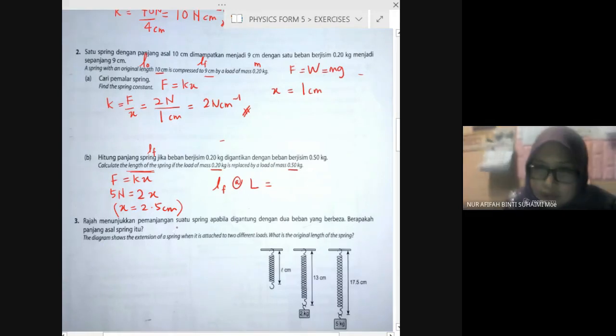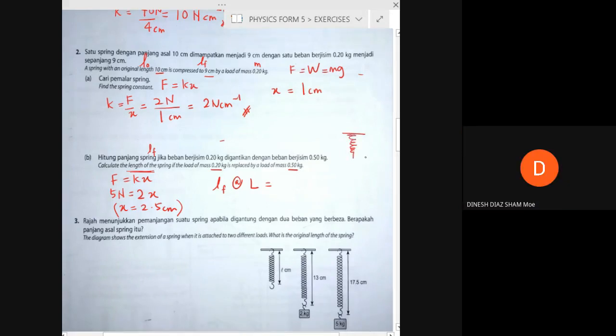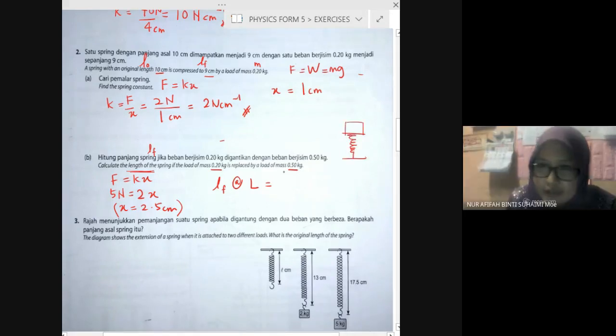How to find the length? This is a compression, which means you put the load on the spring, not hang it on the spring. You put the load on the spring. 10 minus 2.5? Yes, you must minus. Kalau compression, the spring becomes shorter, so you must minus. Okay, so the original length is 10 cm minus 2.5 equals